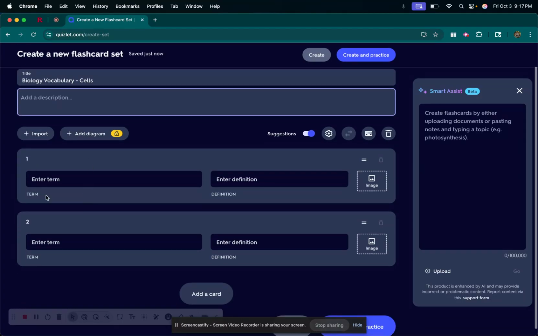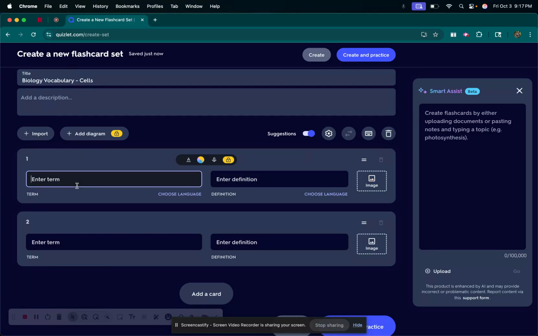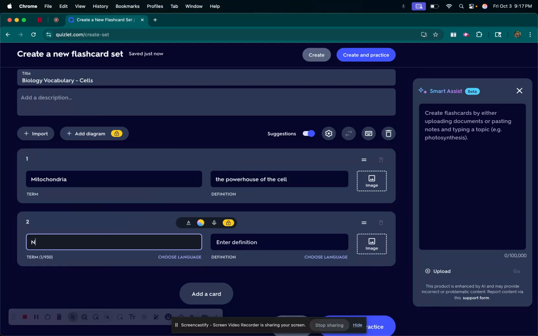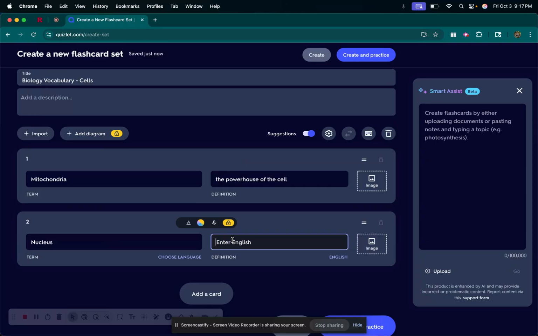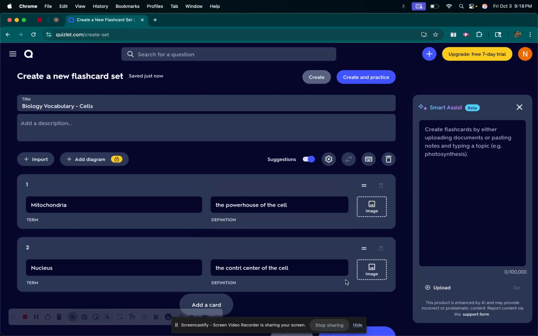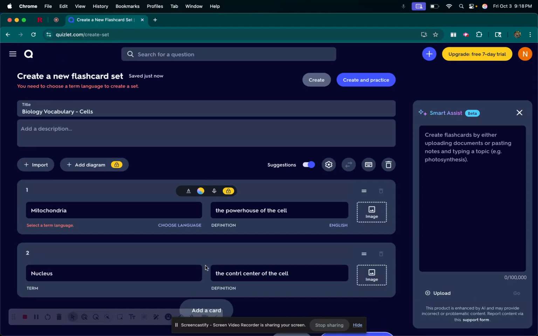Each card has its own unique term and then a definition, and you can also add images with them. So for example, I'll use mitochondria, and the definition is the powerhouse of the cell, and the nucleus, the control center of the cell. You can add more cards, you can also delete cards, but I'm going to go over just these two. So you hit create